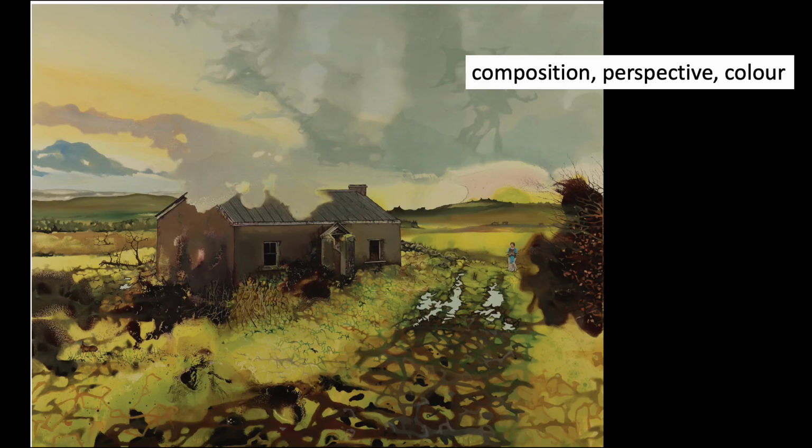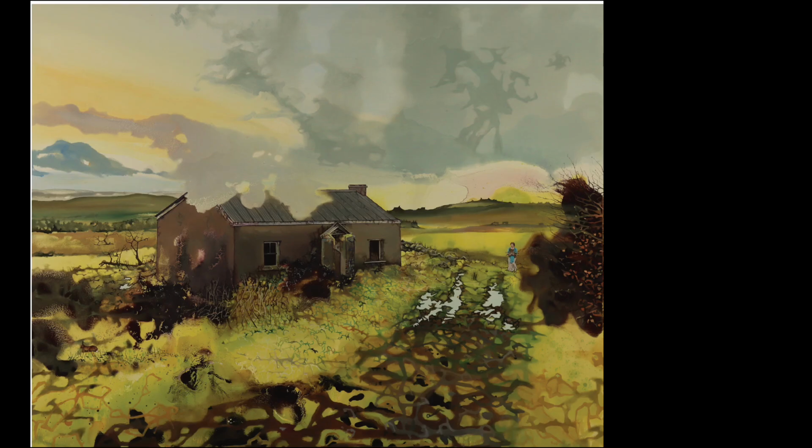So to look at the composition, perspective and colour, first of all, the composition. The composition shows that the painting there, a quick look at the painting shows the composition as being divided more or less in half, with the horizon line there making a middle across the painting where the roof of the house is just cutting through that horizontal line. And this is linked then by the pathway here, which follows the perspective getting narrower as it goes up